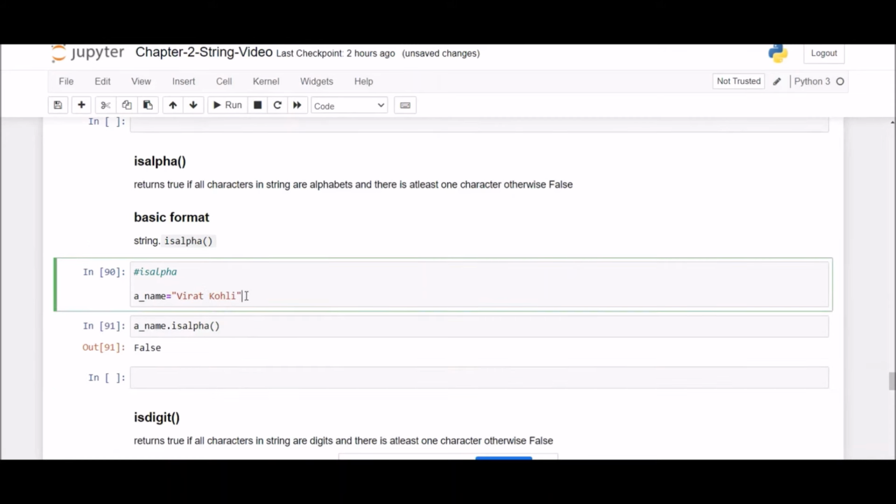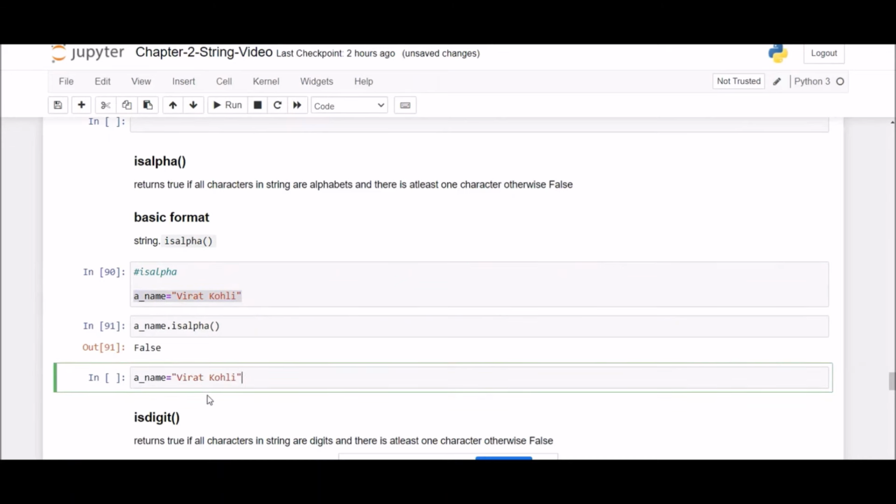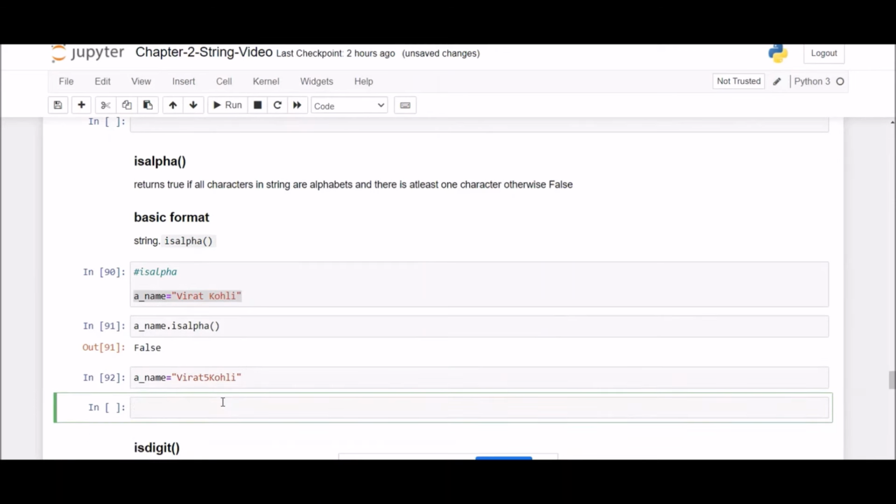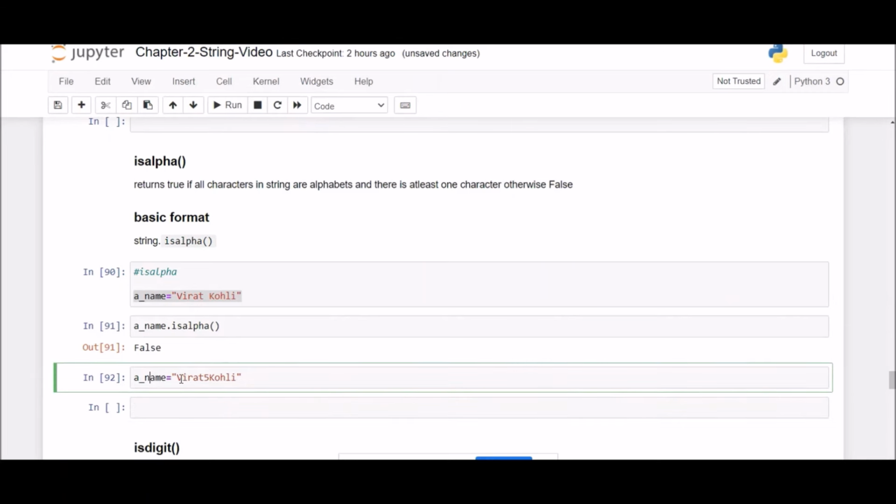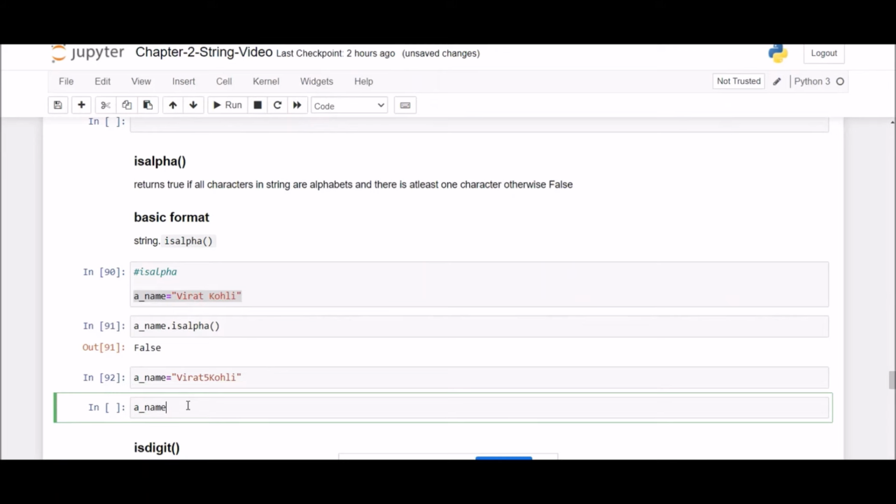Now let us copy this, and this time instead of a space I'll use 5 and then execute it. Now name contains Virat5Kohli. Now if I use the isalpha method over this string variable name, what do you think we will get?